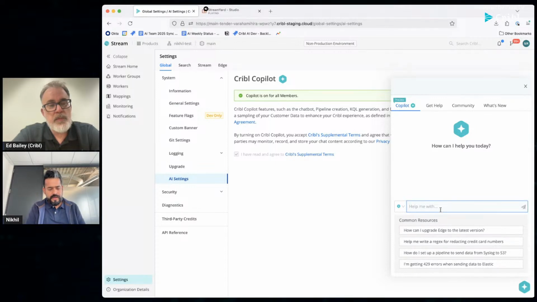But we don't store that data, and we don't use that data for training anything, and neither do our LLM providers. We have agreements with the AI providers that we use under the hood, and this data is not used for any sort of training. In some cases, they will hold on to this data for audit purposes for a week or two, but then it gets aged out, and it's definitely not used for training.